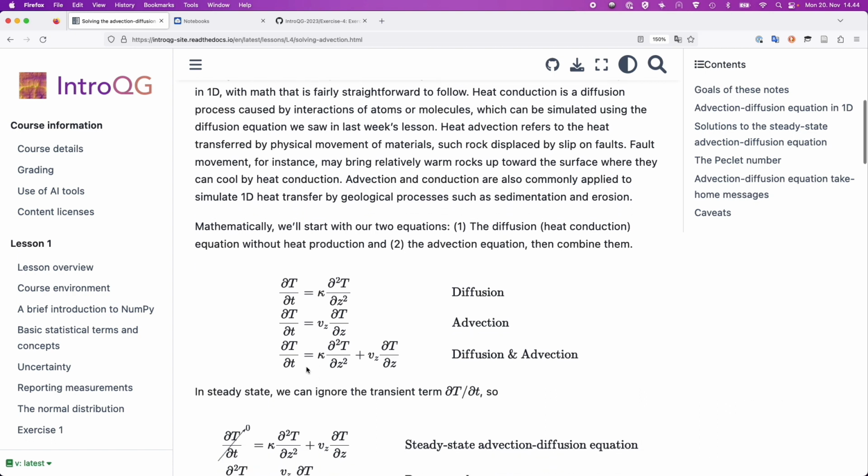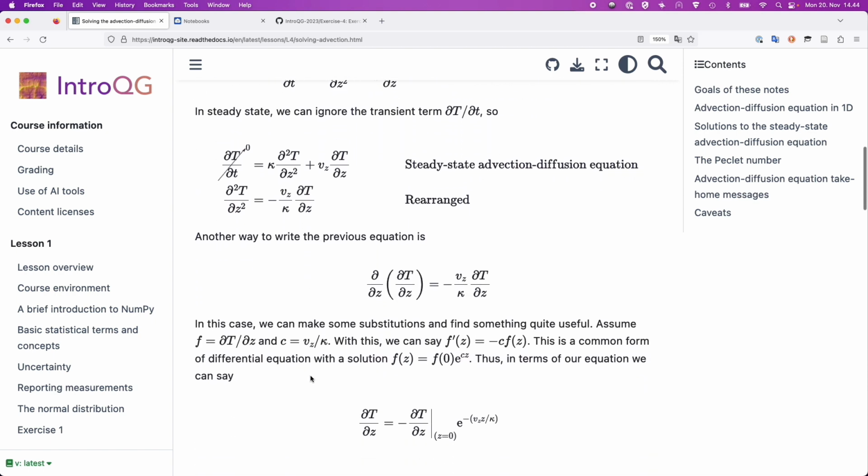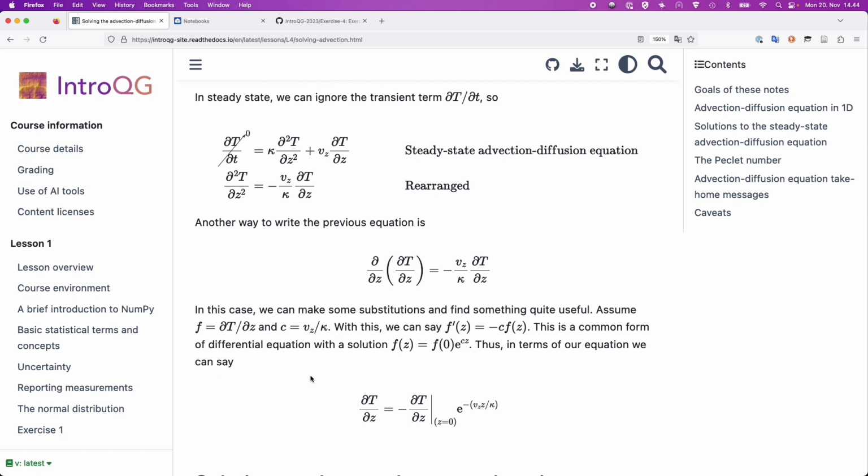And to combine the two, it's easy enough. You just add them together. And because they are both in terms of dT/dt, no problem there. For the case that we consider in the notes on the course page, we consider steady state, which means that the temperature calculation we're going to do is not one in which we consider changes in temperature with time. So in other words, this dT/dt, the change in temperature with time term, can be set equal to 0. And in that case, what you can do is basically rearrange a little bit and end up with